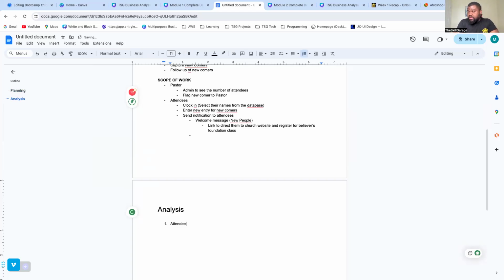attendees clocking. I'll say as an attendee, I want to write the requirement. Let's leave all these ones, I don't want you to get confused. So attendees clocking. Now we want to get the details. What do we want the attendees to be able to do? So we're going to get the details here. Attendees can